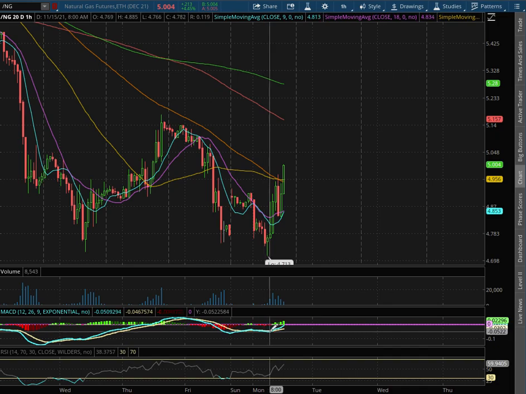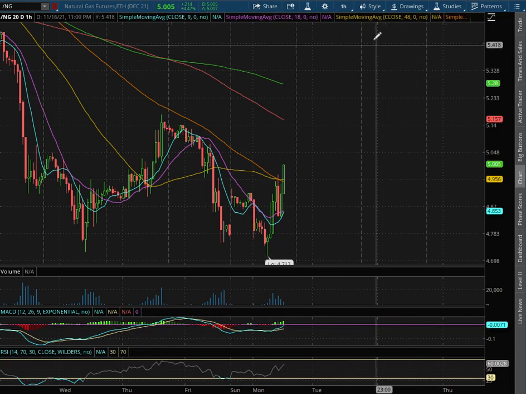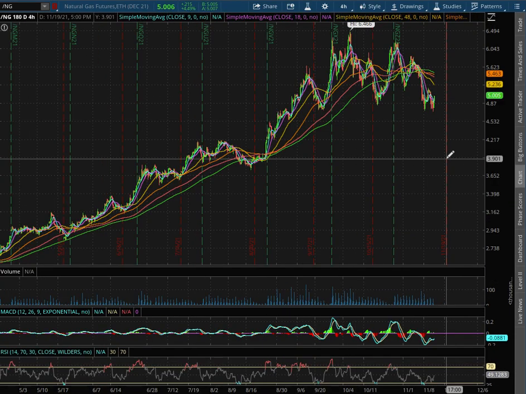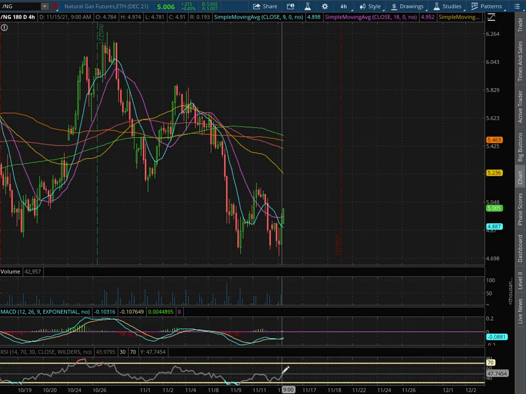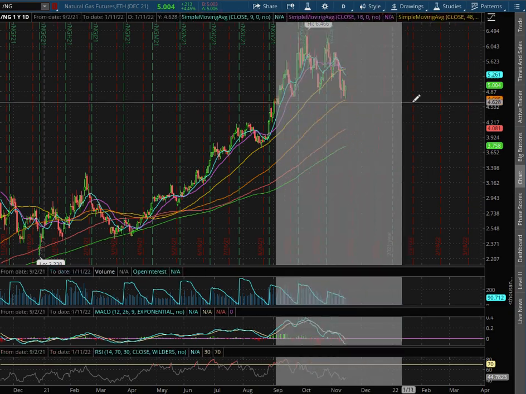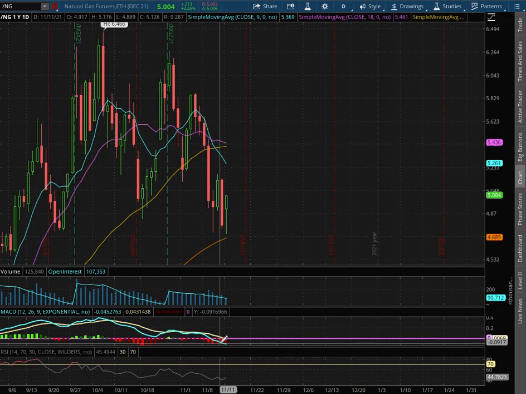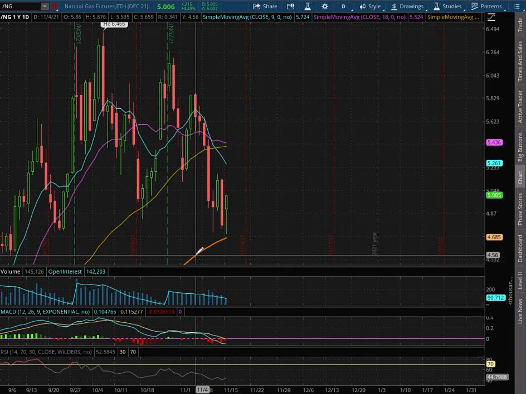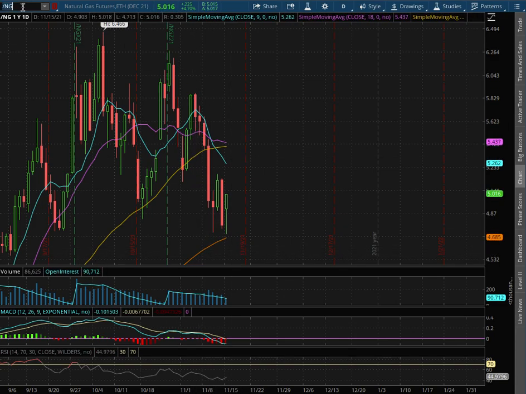We're approaching back to positive MACD. We're nearing overbought levels with the RSI. As with the 4-hour chart, we remain in negative MACD. We're off of oversold levels with the RSI. As we extend that further to the daily chart, we are in negative MACD. We have yet to test the 100 moving average, this orange line, and that is at the price of $4.69.